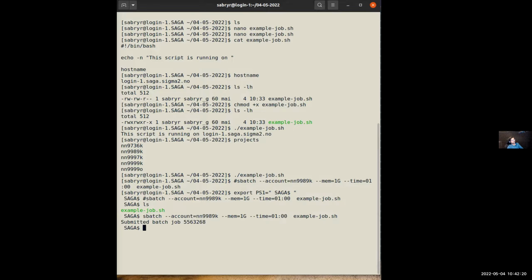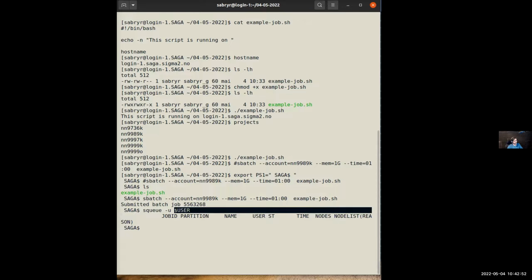Let me check the time of the schedule a little bit. 10:55. Okay. So when this is running, there's a command called squeue to see your job status. But I think this job is already finished. Let's see. This is the command, which means list all the jobs for my username. But there are no jobs. I was a little late. I will show you again later how to run a larger job and see.